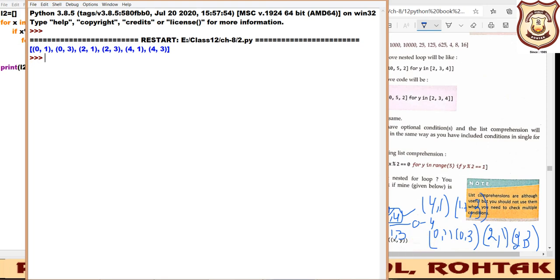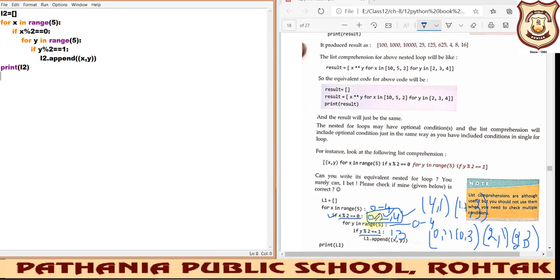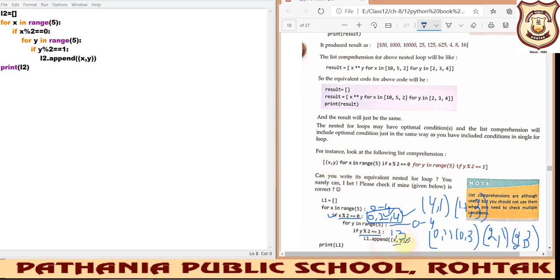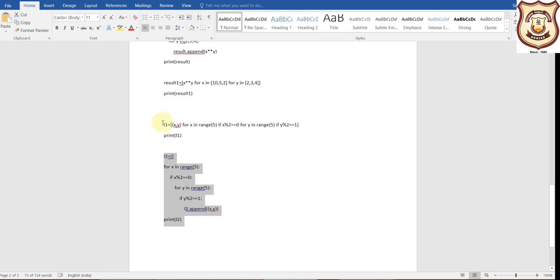Now we will try implementing the same code with the help of list comprehension like this. You can see the for loop and then the if statement, for loop, if statement, for loop, if statement. We don't have any else statement, so after the for we will write the if. And this xy, which we get in the output in the append statement, will be written here, right? So let us try it. This is the last example that we need to work upon. So for that the code is this.